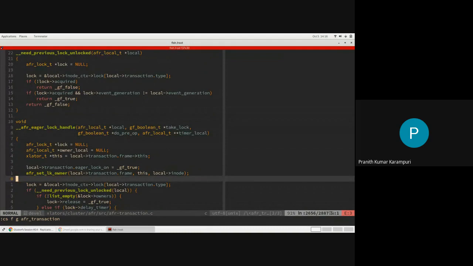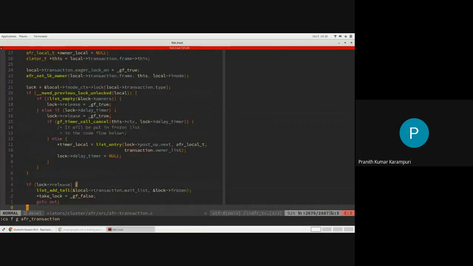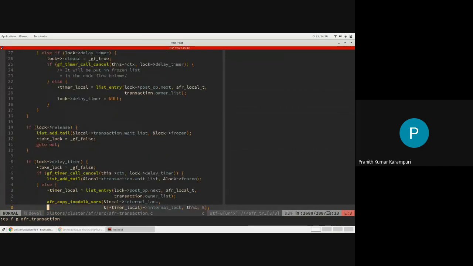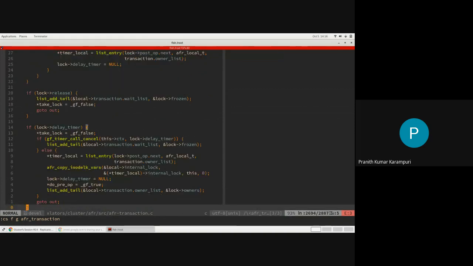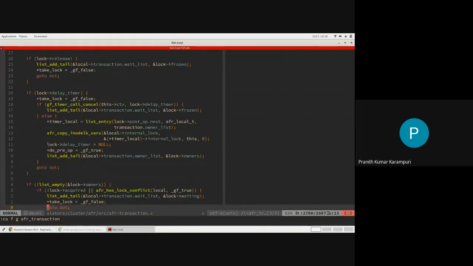In this function, it actually checks whether the earlier lock is good enough or not. If it is, you can add it to the list of FOPs that are actually waiting for the lock. So something like this.